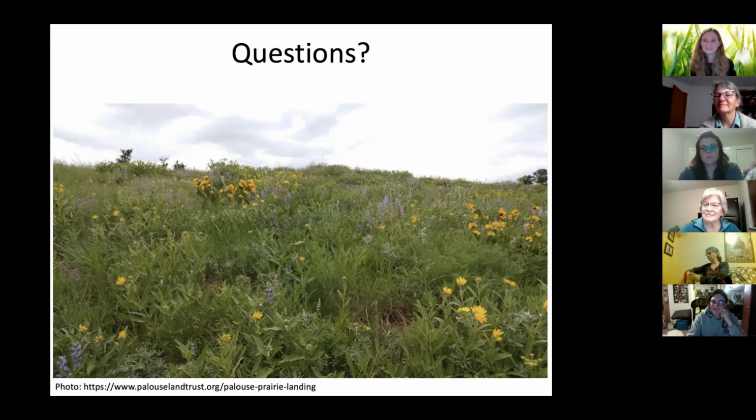Yes, I keep seeing circular areas where cheatgrass died. There's lots of cheatgrass right next to it, and these have been recognized. There's cheatgrass die-off, and it's a bacteria. I'm not sure. Maybe it needs to be looked at again from a different perspective. Yeah, that would be super interesting, because if you can find a biological control for that, that would be great. Well, I could probably collect some soil samples for you from the circular areas and the nearby cheatgrass areas and give it to you. Yeah, that would be interesting to look at.